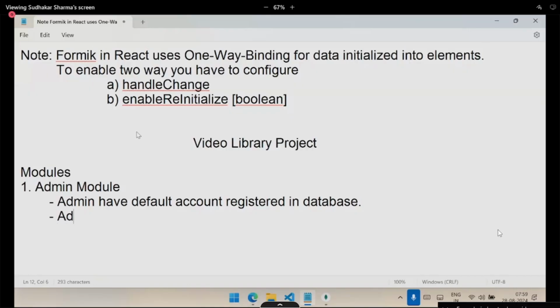So what can the admin do? Admin can log in and go to the admin dashboard. And what he can do here is